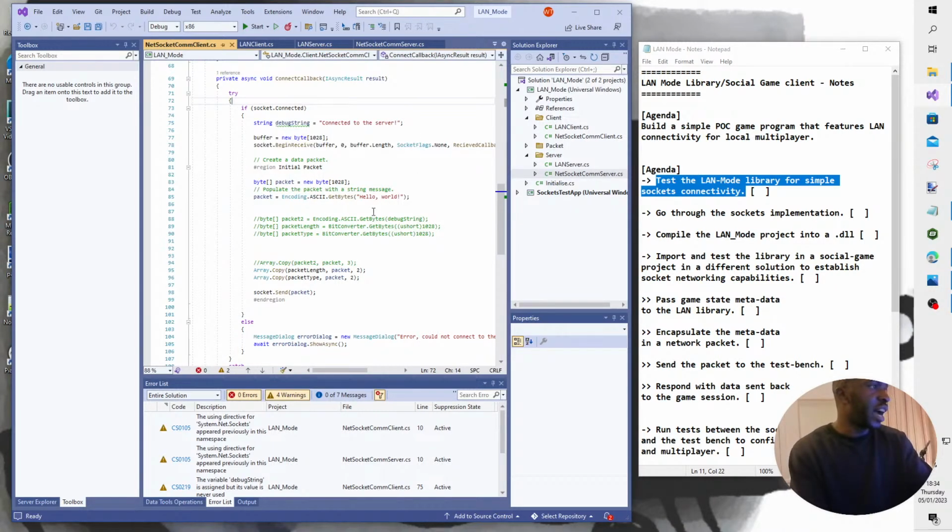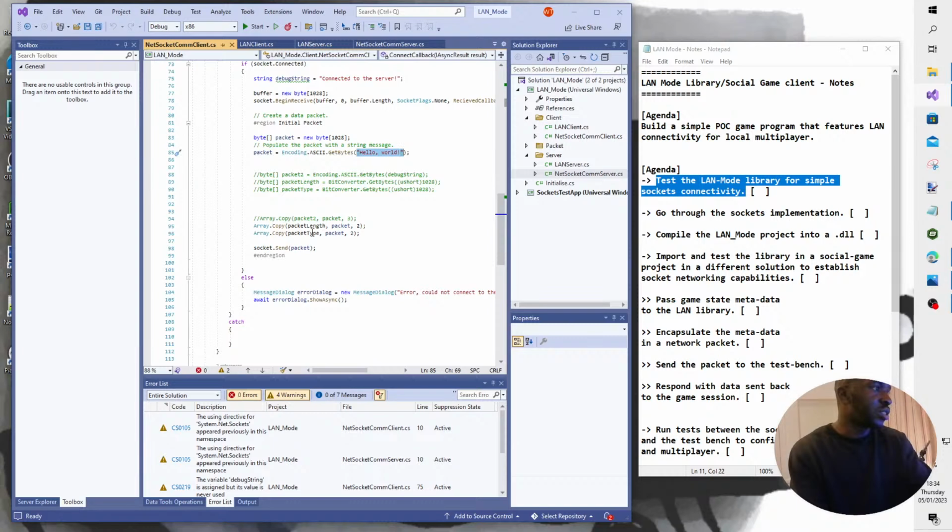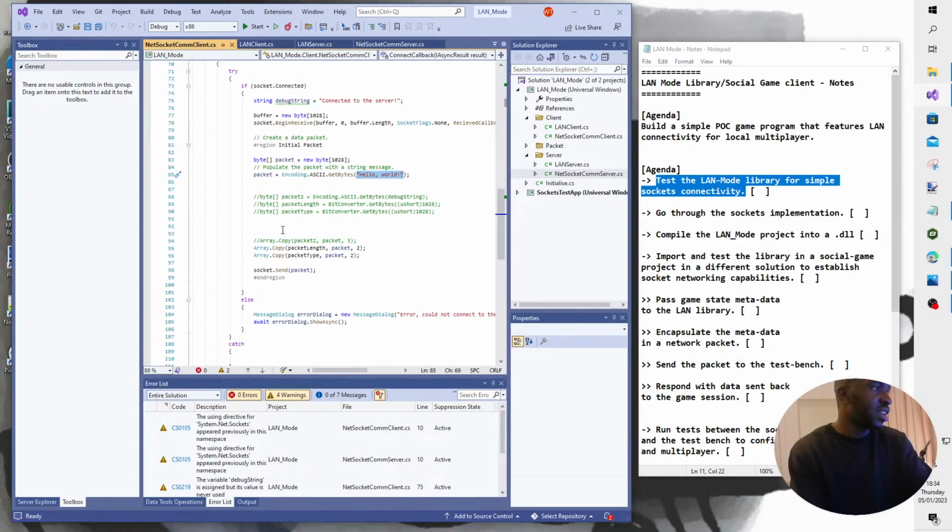The main thing here is that I have this message here, hello world, and this is in the client class. And I have a packet handler, which I don't know if I'm calling here. I'm just going to quickly have a look if I can find it. I would have thought I'm calling the packet handler here, but in any case, I'm placing this text in a packet, and then I'm sending the packet over. As you can see here, I have my socket, and then my server should pick up on the packet. If I go back and hop to the server,